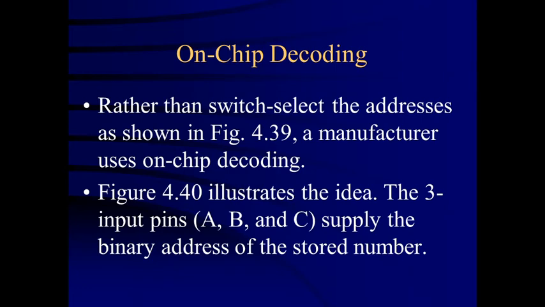Now, instead of using a manual switch or rotary switch, you can utilize an electronic device known as a 3-line to 8-line decoder. The 3 lines are the inputs A, B, C, and the 8 lines are the different outputs. Because there are 3 inputs, 2 raised to 3, 8 outputs are possible. These 8 outputs, 0 0 0 to 1 1 1, can be given as addresses, and at these different addresses you can store different binary data.